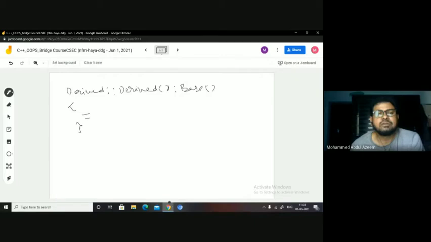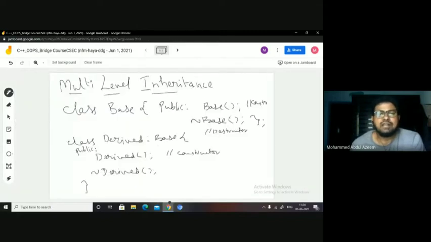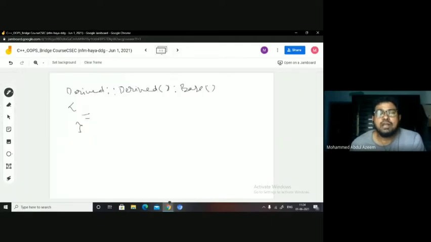So if I have derived class code written like this, then what happens when I create an object of the derived class? Fine. As we know that when you create an object of a class, the constructor will be automatically called, right? So when I create an object of a derived class, this constructor is going to be called.